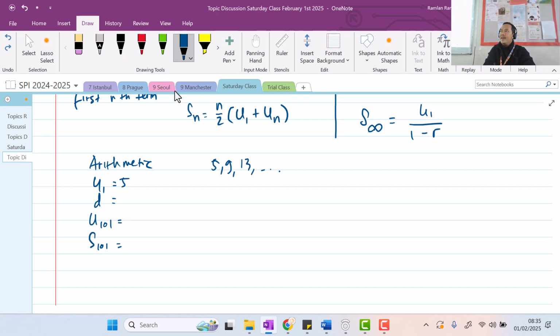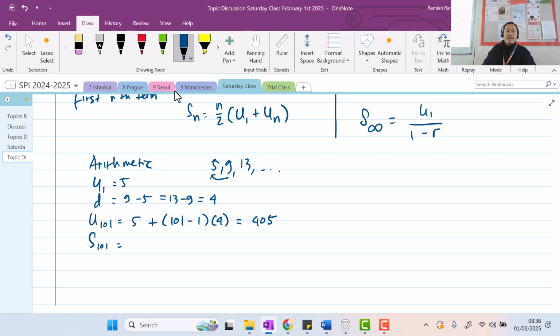It's 9 minus 5, or 13 minus 9 juga bisa, right? So just subtracting a term from the previous term, you will get the common difference, yeah? So 9 minus 5 or 13 minus 9 is the same thing, which equals 4. Okay, how about if I want to know the 101st term? You can use the formula tadi, yeah? So that'll be just 5 plus bracket 101 minus 1 times 4, right? Now 101 minus 1 is just 100, so this is going to be 400 plus 5, which is 405.